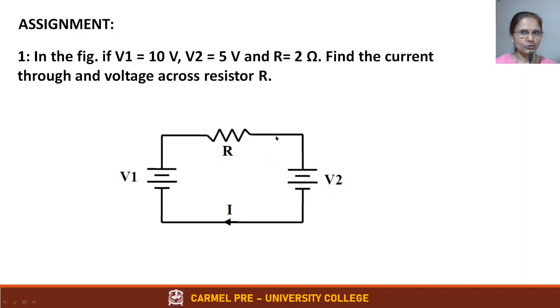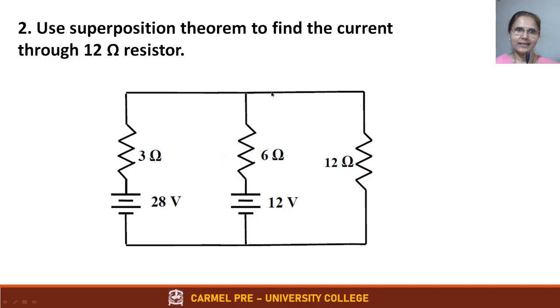I already told you the answer and also told you how to do it. It's on similar lines, you should do it, as we did with the first example in this session. And this second assignment problem is also similar to the second example. Only the difference is that you are seeing resistance and voltage source, only resistance is here. You have to find current through this.